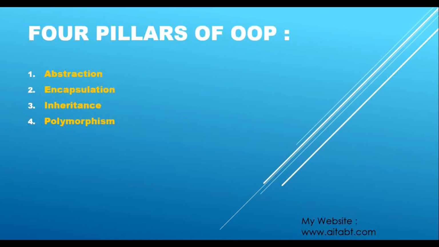And what are the four pillars of OOP? Abstraction, encapsulation, inheritance and polymorphism. These four are the pillars of OOP, that is the object-oriented programming paradigm. By applying these four concepts, our application is said to be a very good application, a very well written application. Why, we will see in our upcoming videos, that is why we should use these four pillars of OOP in our application. Today we will learn what is encapsulation, but the remaining, that is abstraction, inheritance and polymorphism, we will be learning simultaneously with the different concepts that are used in C#.